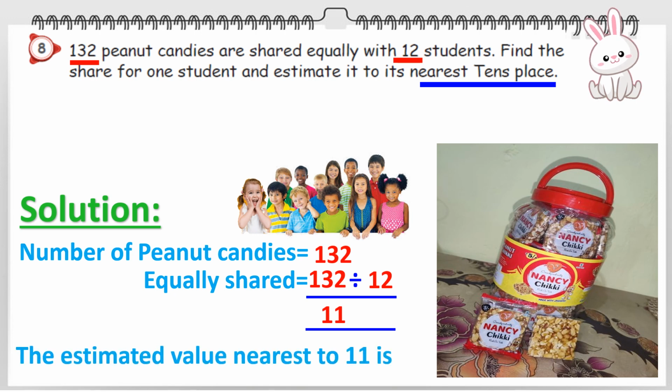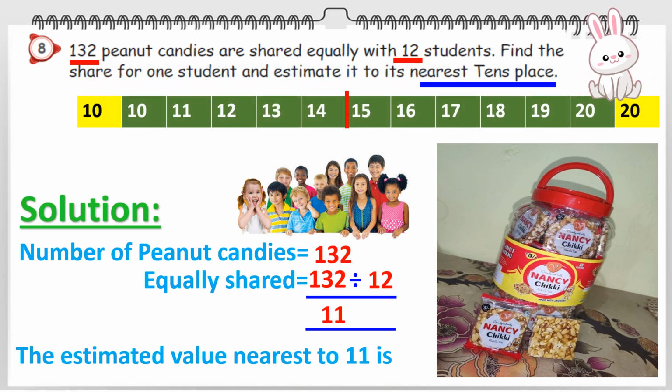Then we need to find the nearest place value. Tens, we have to find for 11. Okay? The estimated value nearest to 11 is what? So as you all know very well, isn't it? Just to see here, the number 11 ends with 1, isn't it? So sure, the answer is 10. Very good. You're all right. So 10 is the correct answer. So that's it. Exercise 2.1 is over, and it's very easy. Listen carefully and watch the video again and again. Sure, it will be easy for you.